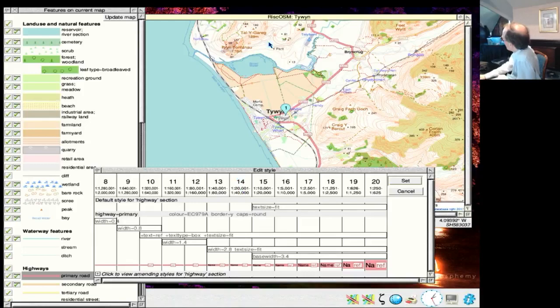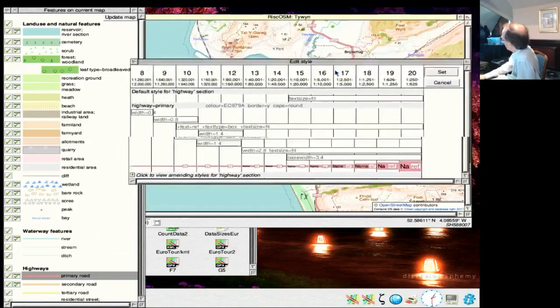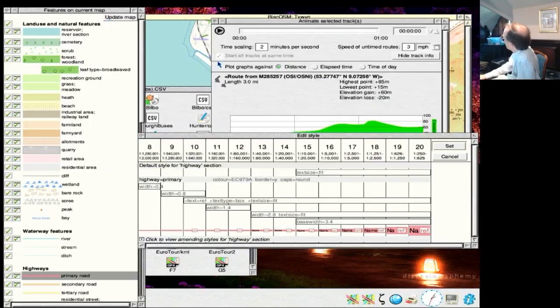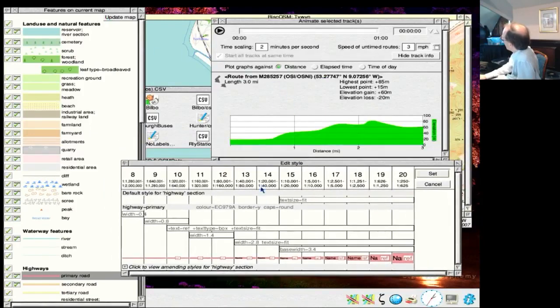Now the scale we're on at the moment is, just see, 1 in 40,000. And we're going to have a marker to show you what scale you're looking at. That's an idea we came up with today while trying to demonstrate this to people. We thought, hang on, which scale are we on? So